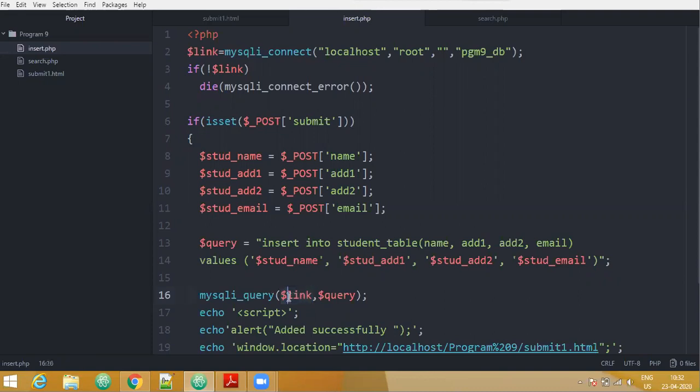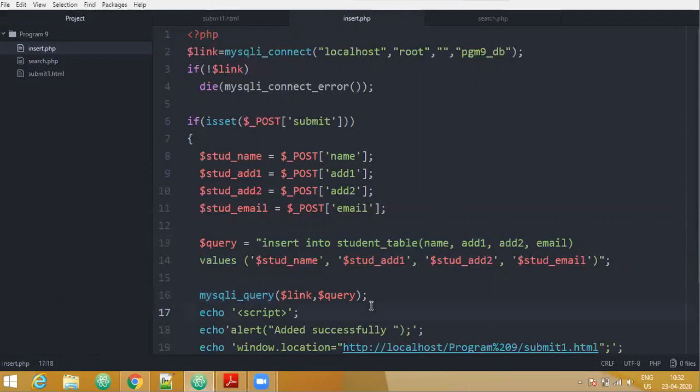So this $link is storing all these details, that is which database, which server. So we pass this particular handler $link, comma, $query. What is this $query containing? It is containing our actual query statement, that is to perform the insertion. So this is a function MySQLi query which is going to help us to perform the insert operation.